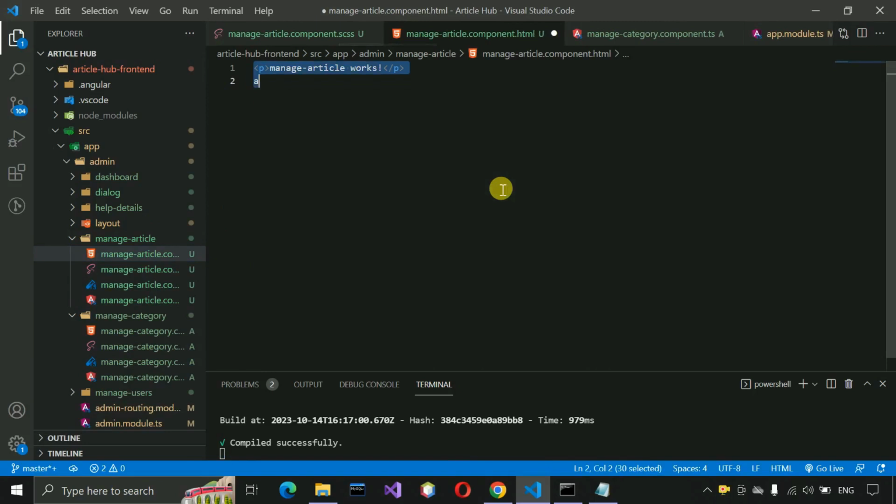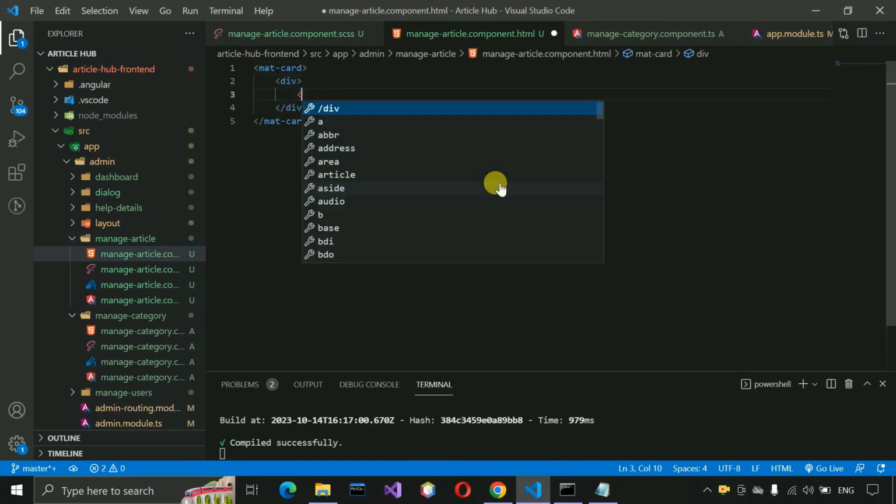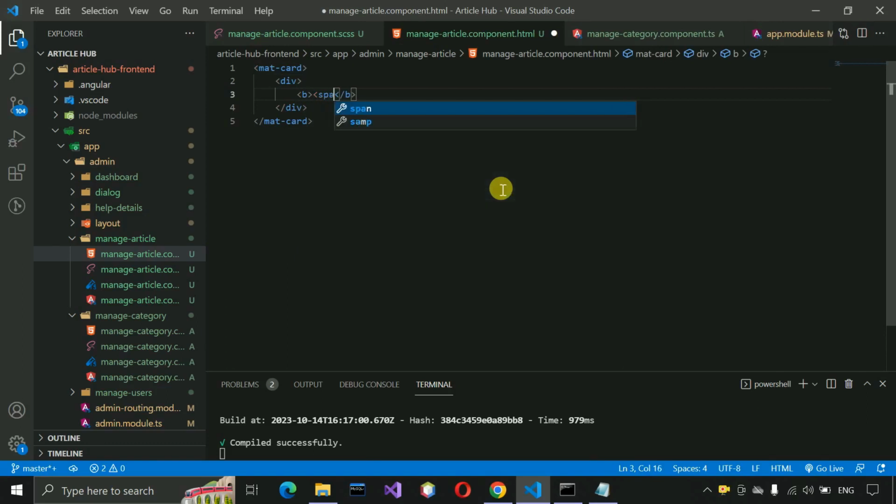to remove this code, and then we have to write mat card, and here div, and bold span manage article, and then button mat flat button, and color should be themeServices.getTheme, and class float right and click